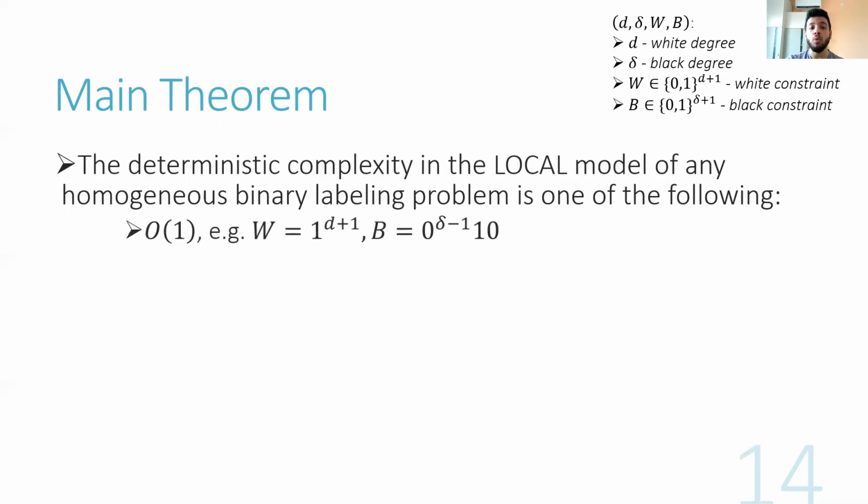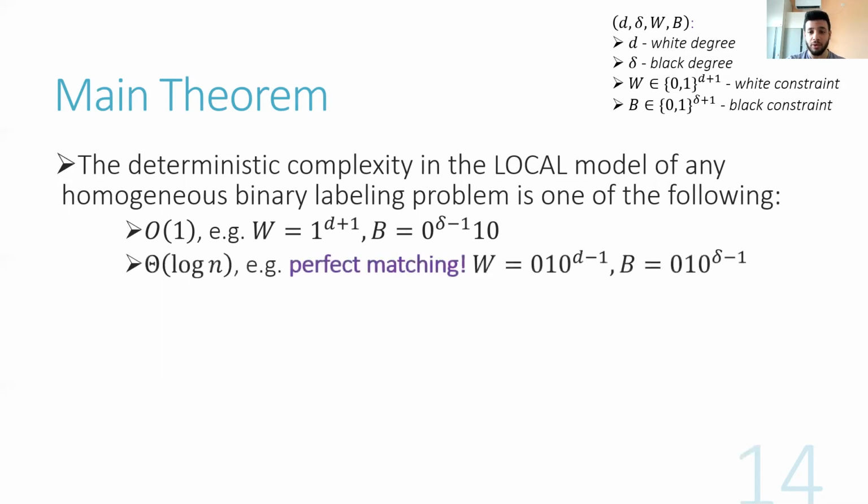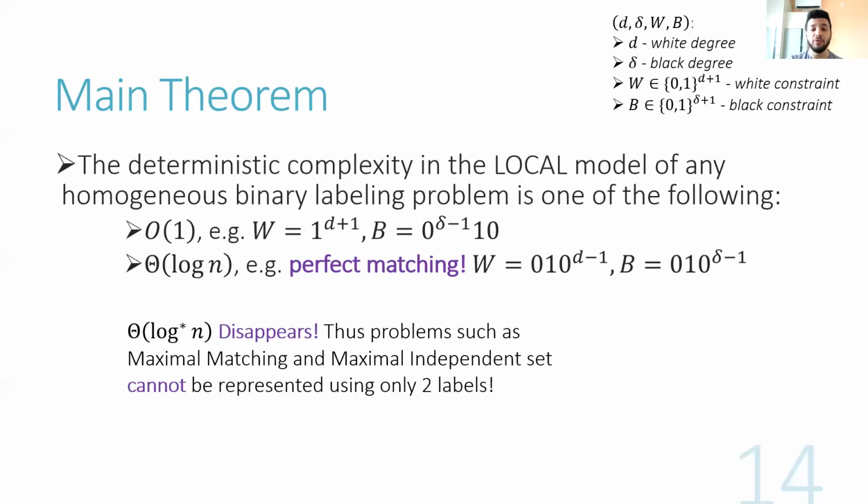Either it's O of 1, and not only that, it turns out that all the binary labeling problems that have complexity O of 1 are actually exactly the problems which are solvable in 0 rounds of communication. From there, we immediately jump to theta of log n with nothing in between. So in particular, theta of log star n